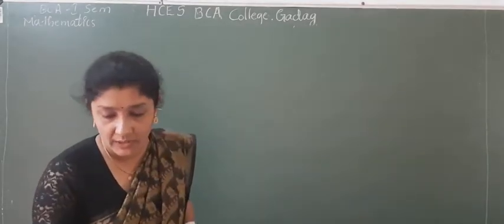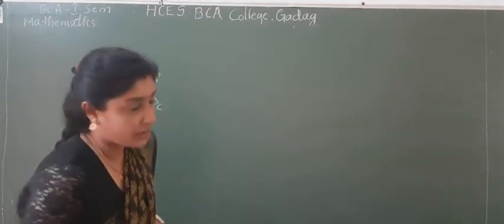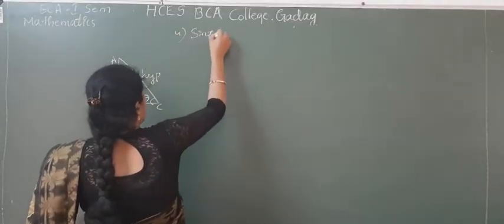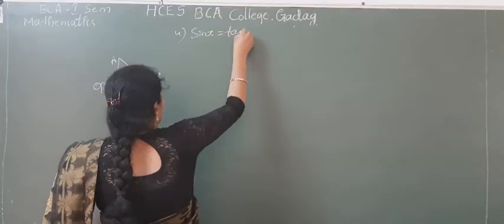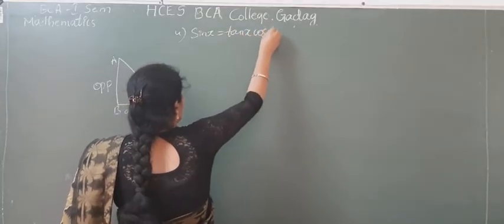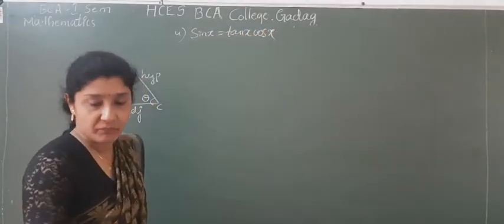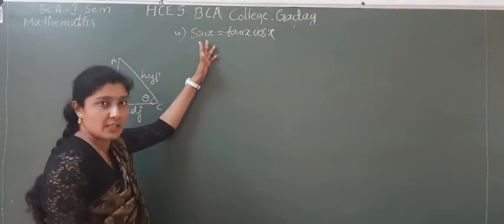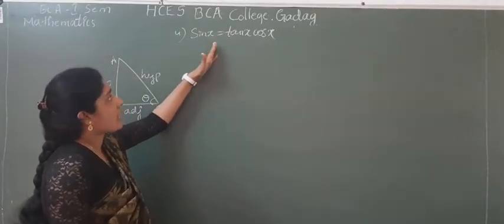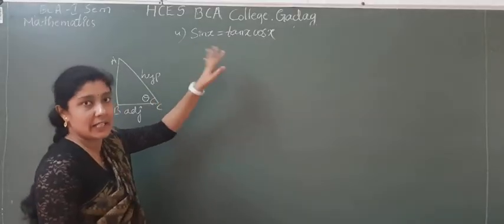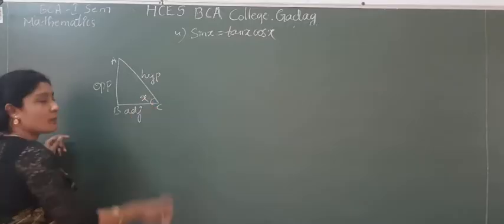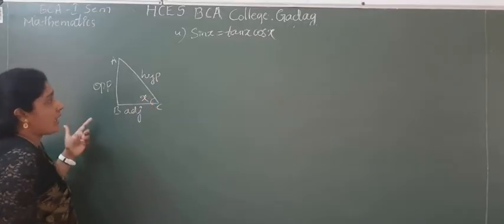Now the fourth one is sin x equal to tan x into cos x. See, instead of theta I have written x. Both are one and the same. Any variable you can use. Let us take theta as x this time. Both are one and the same. Now, as usual,